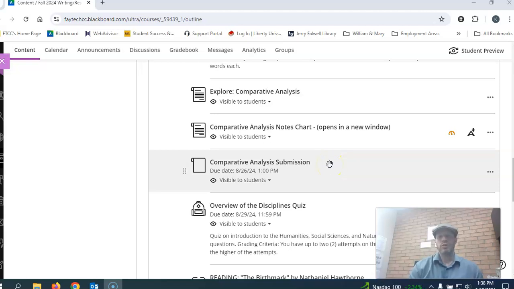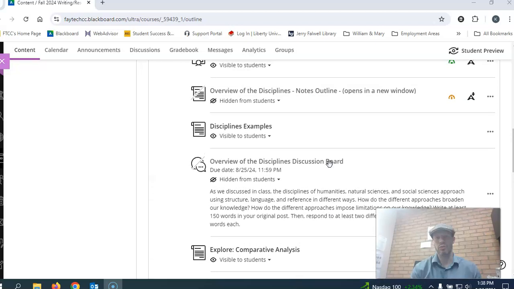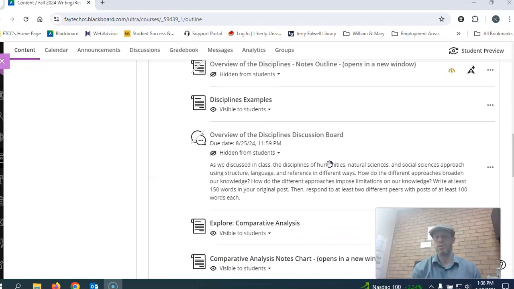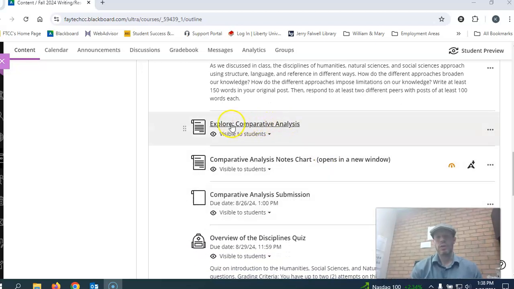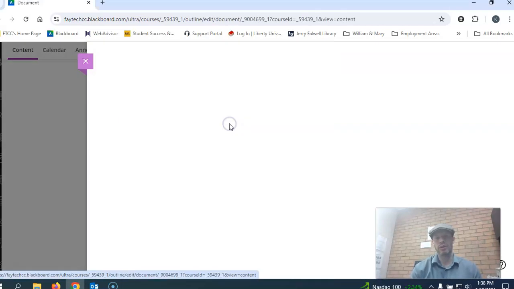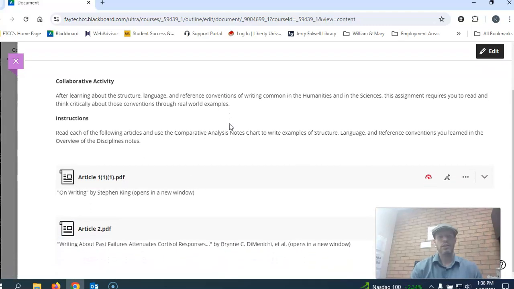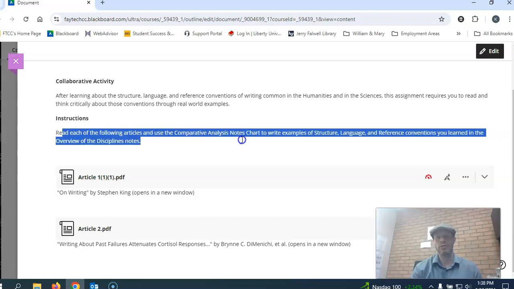Okay, everybody, I'm going to show you how to do the second assignment in Module 1. Again, we're still talking about the various disciplines. And so you're going to start by looking at this Explore Comparative Analysis. And it points out to you that you're going to read each of the following articles and use the Comparative Analysis Notes chart to write examples of structure, language, and reference conventions you learned in the overview of the discipline